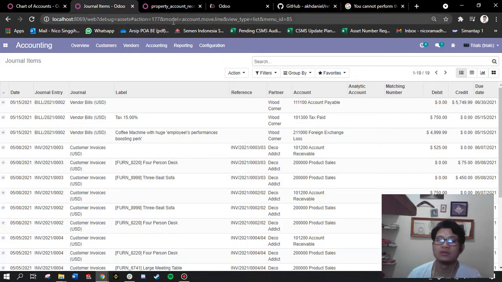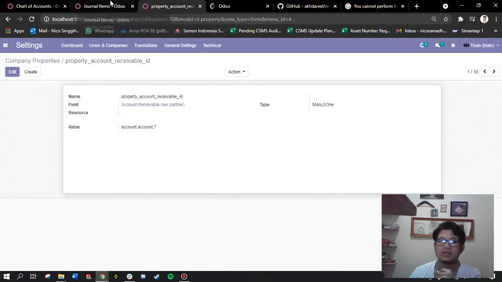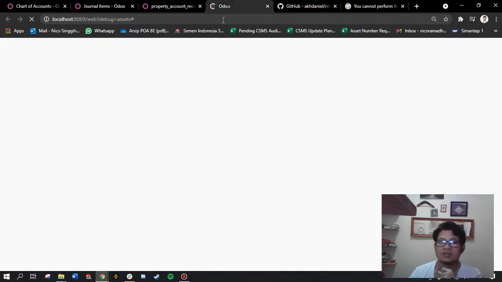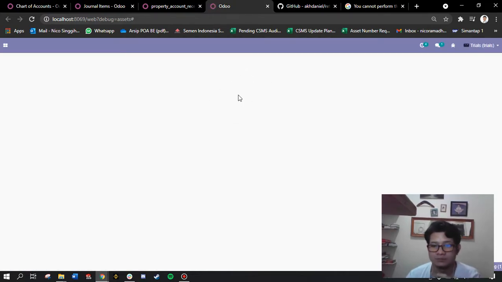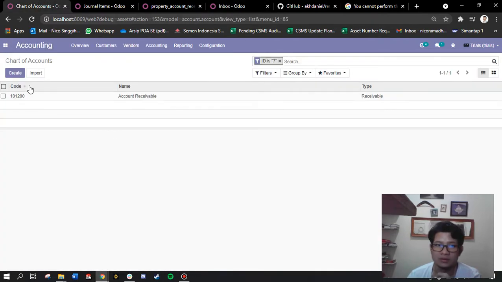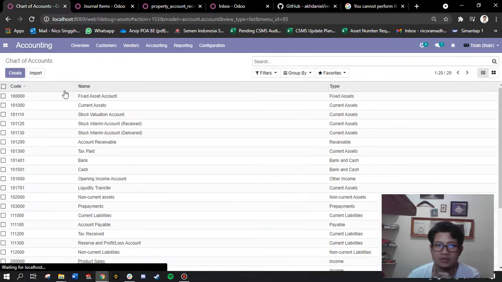So in order to delete this chart of accounts, you need to go to these three other databases, which are called journal items, company properties, and taxations, which is quite long to load for some reason. And after you delete all of them or unlink all of them, you might be able to delete this chart of accounts list,